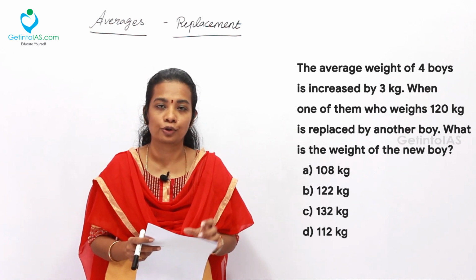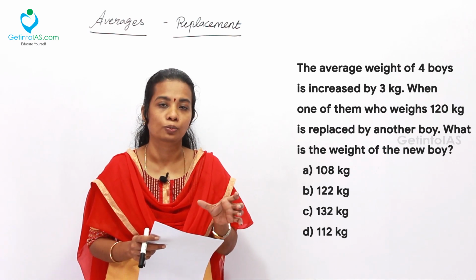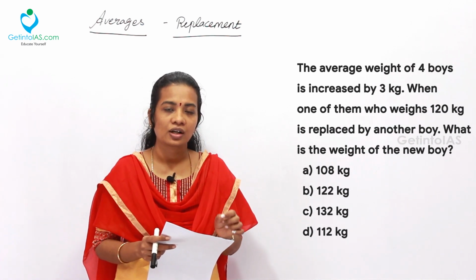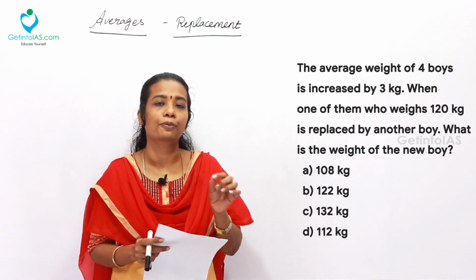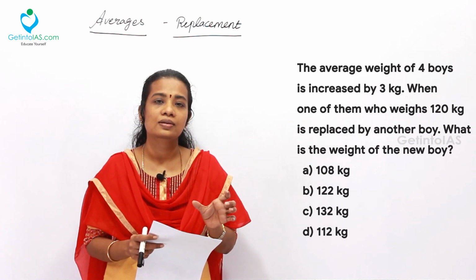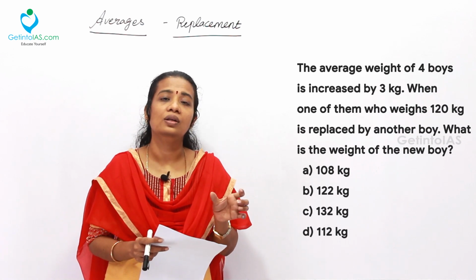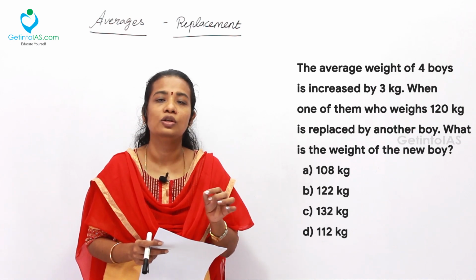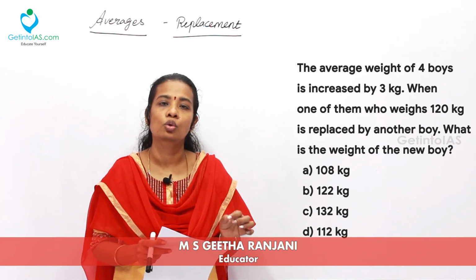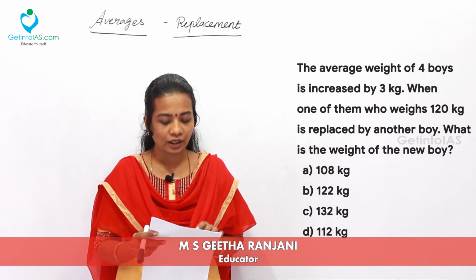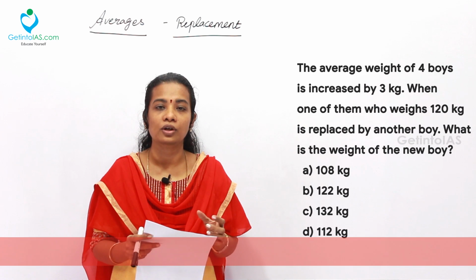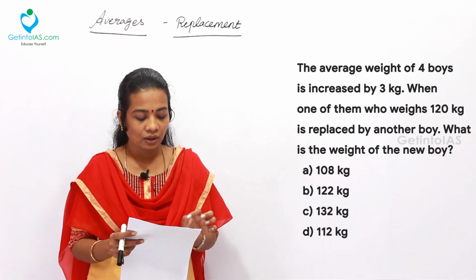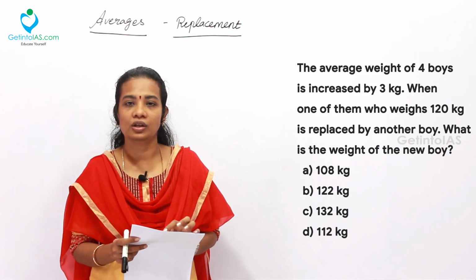So in these kinds of problems, the total average of a particular group in terms of their ages or weight or height may be given. So you will have to find the new average when the replacement process is done. Or else sometimes they can also ask you, with the old average and new average, to find the weight of the person who is already inside the group or the new member who is joining the group and so on. So in this problem, you will have to find the weight of the new member in kilograms. 4 options you are having: A 108, B 122, C 132 kg and D 112.